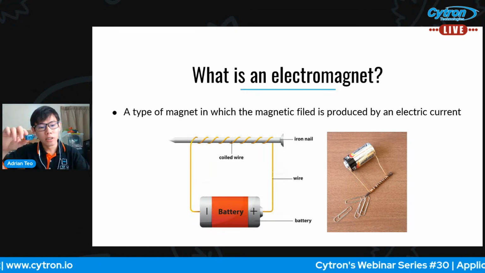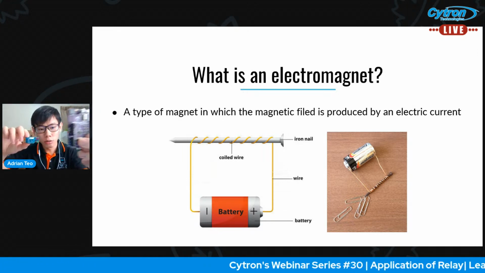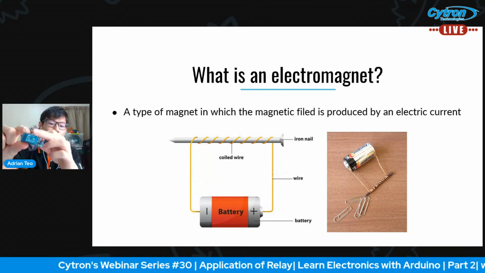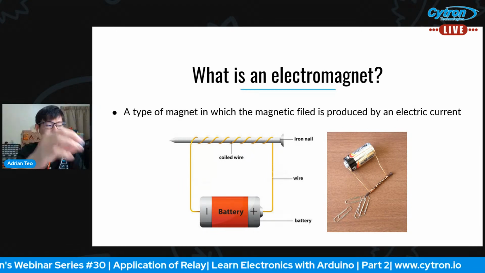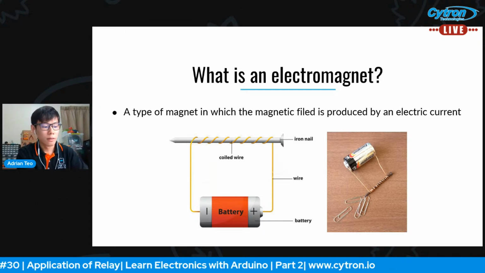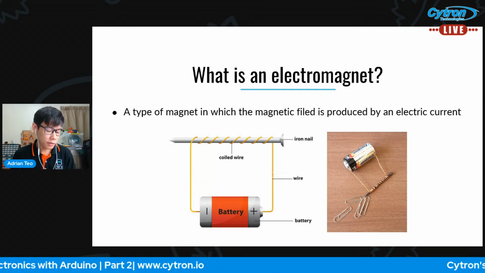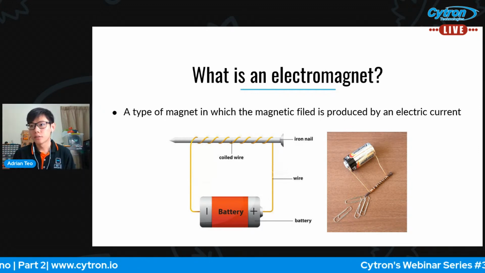So in this case, later on, I will show you how to use an Arduino to send a small signal to a relay so that it can turn on and off this switch to power on and off a different device. All right, cool. Other applications of electromagnets, for example,